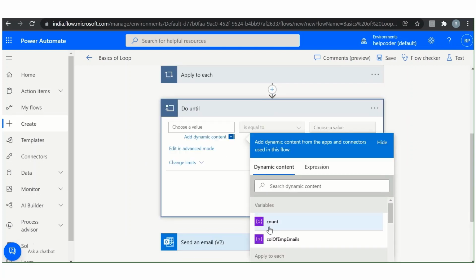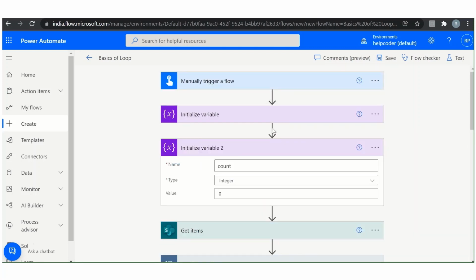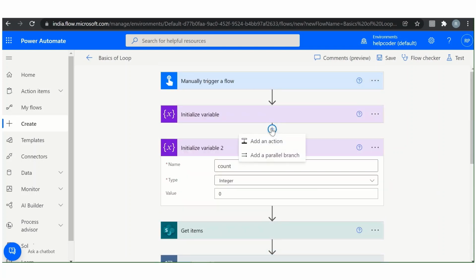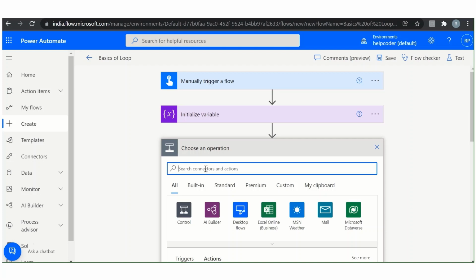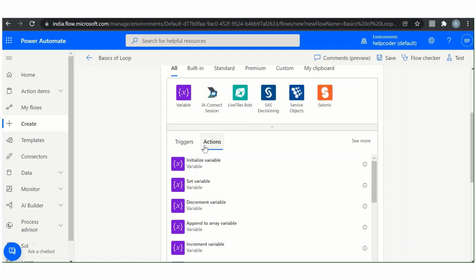Now in do until, select count from here and how many times you would like to execute this loop. Let's say 5 times I'm going to execute it. Add one more variable here, cancel it, search for variable, and we are going to append the loop index, how many times the loop is executing. So we are going to append it in a string variable,